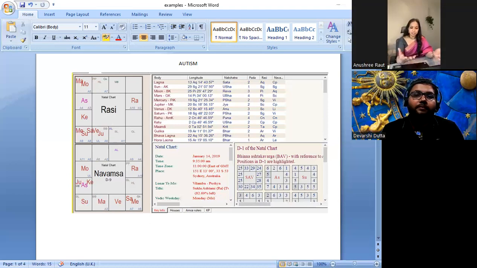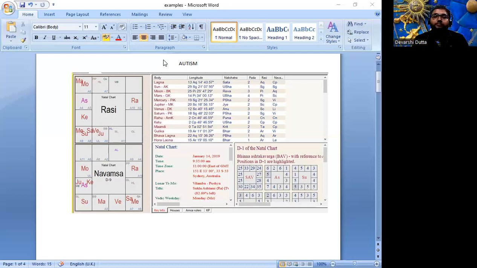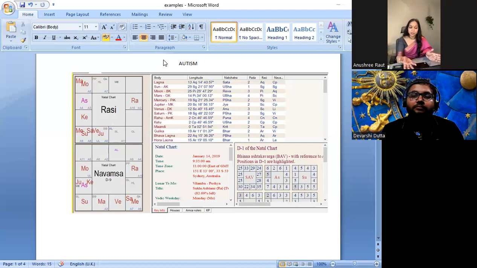So the body here, this native, is getting soul level suffering by way of punishing the body. 8th Lord Mercury with Atmakaraka: chronic diseases. Mercury is what? Nerves, or our speech. And Sun is our brain. Yes. So over here, Sun is also the 7th Lord. I don't want to go into Dasha and all that, but I just want to give you an example. This is an autistic disorder, and Lagna is Sandhi, Lagna Nakshatra is Sandhi.